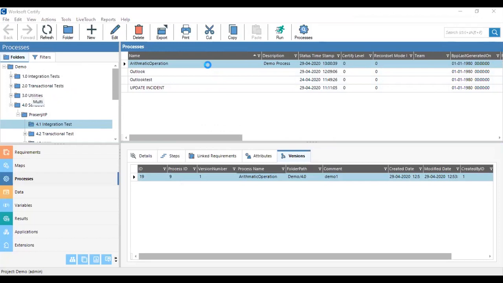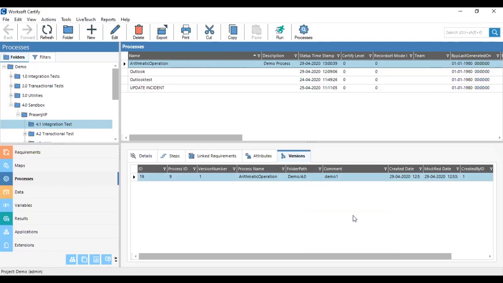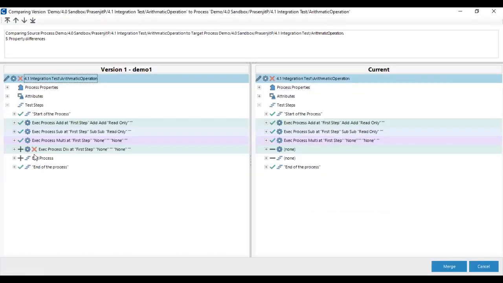Multiplication step is there. And if I generate the compare report again, you will see that only the division step and exit step are none, and the multiplication step is already updated in the current version.